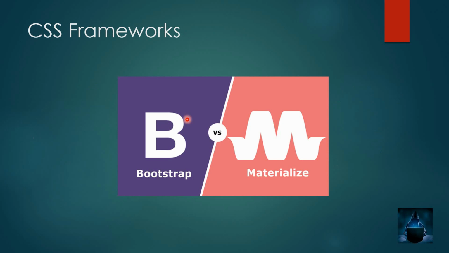Next, there are some frameworks available for CSS, and the first and foremost popular one is Bootstrap. Similar to Bootstrap we have one more framework called Materialize CSS, right? So either you can go with Bootstrap or you can go with Materialize CSS, it's your wish. You can choose any one of the two. And the main advantage of using Bootstrap as well as Materialize CSS is that it adds more style to your components. So it adds a lot of styling to your web page.